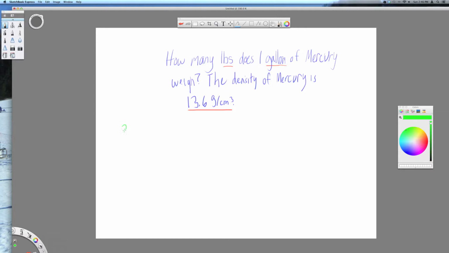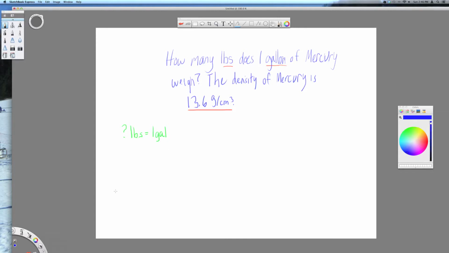How many pounds is equal to 1 gallon of mercury? I'm just going to write GAL for gallon. Now, we've talked about this before. We've talked about how